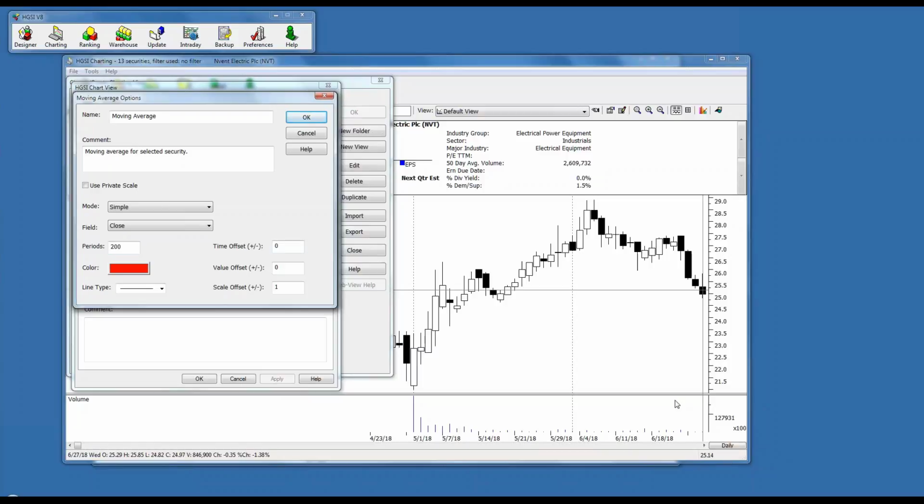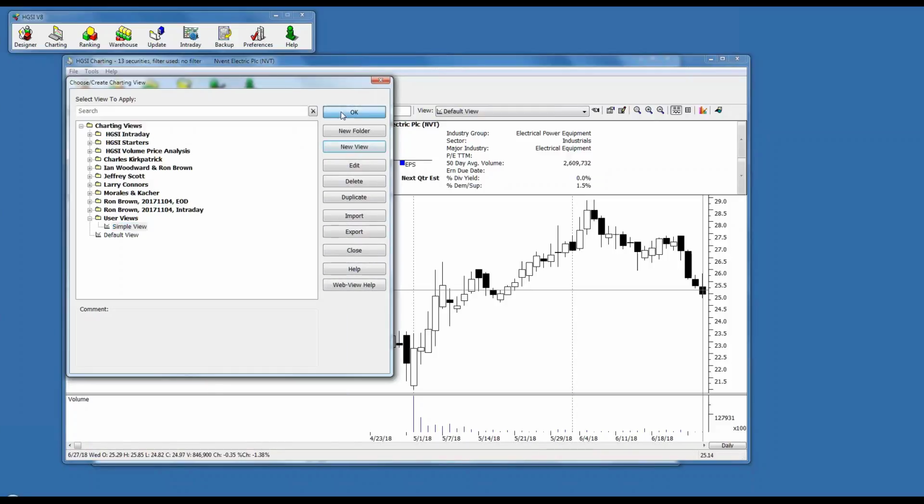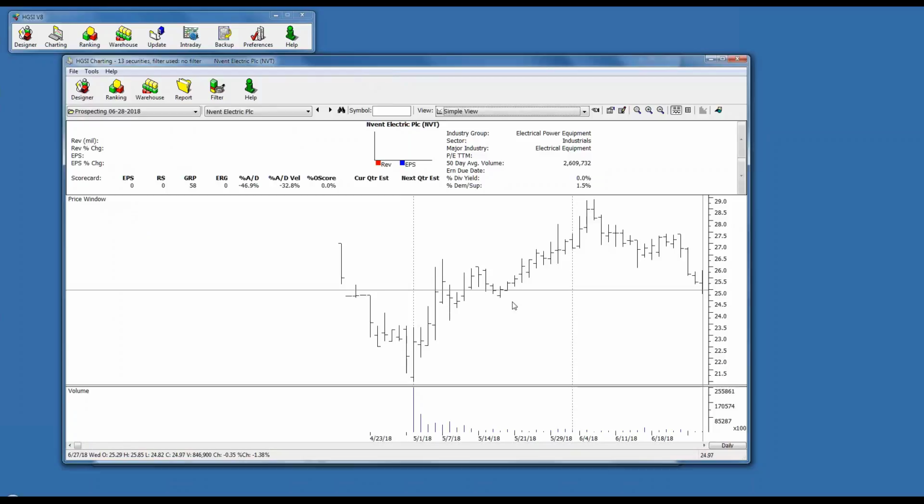So if you're looking at a daily chart, that's 200 days. If you're looking at a weekly chart, that's 200 weeks. And that's pretty much standard for most charting packages. So now we've created a new view with an extra moving average, and we okay that, and we apply the view,